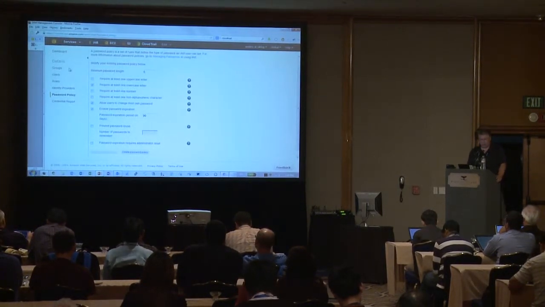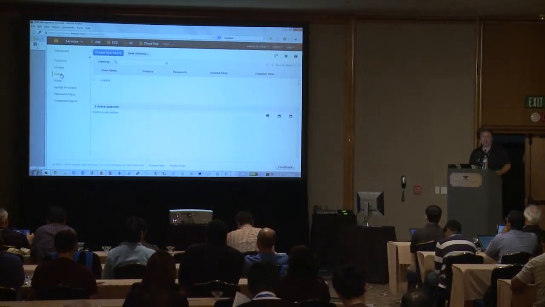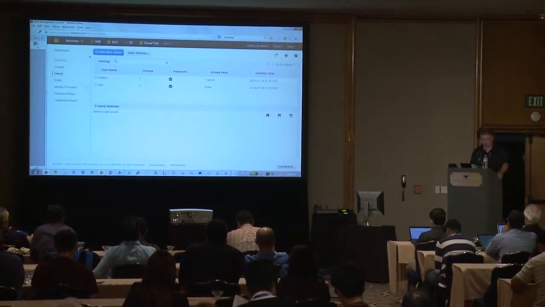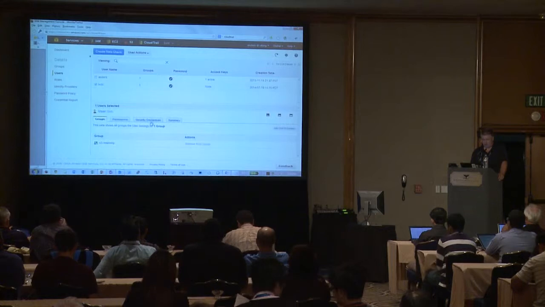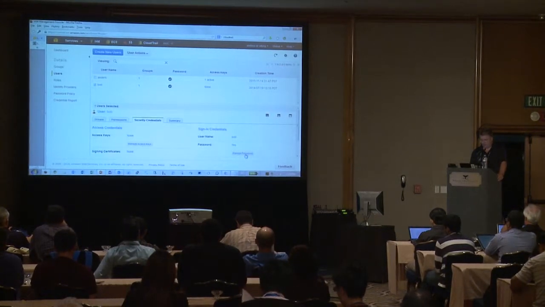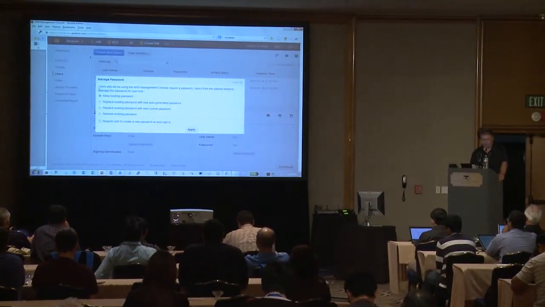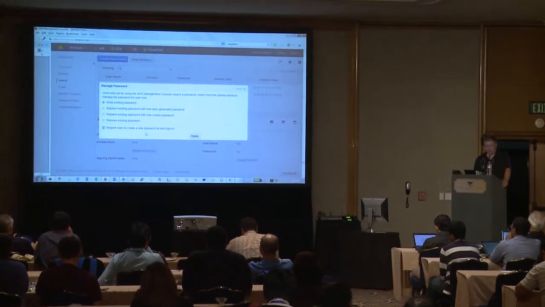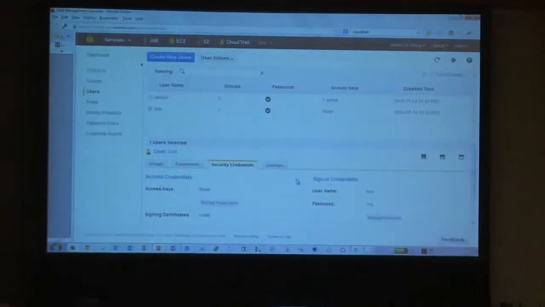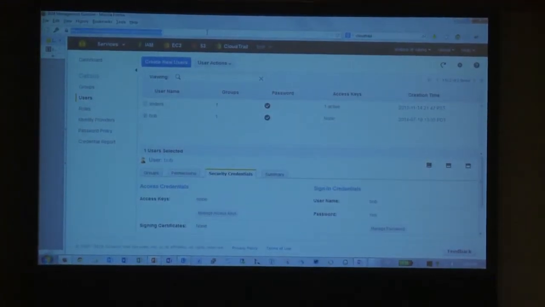The other thing you can do as well, we now set it up so something that is enforced across the board. If we now pick Bob as a user, we go in on a security credential and pick manage password again. I'll let him keep his password, but I'm actually going to require him to change the password when he signs in the next time. So now,